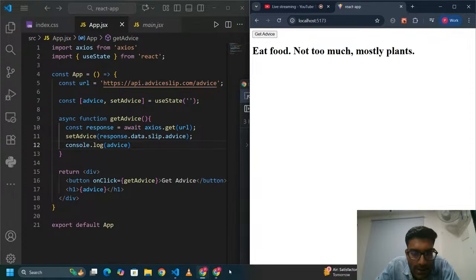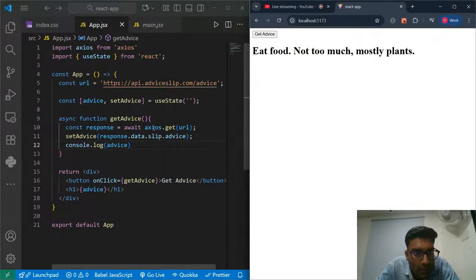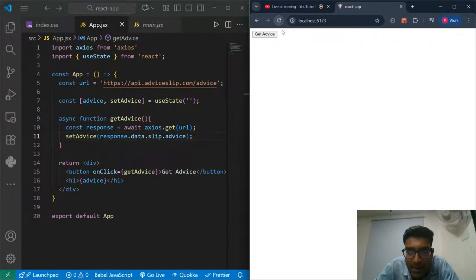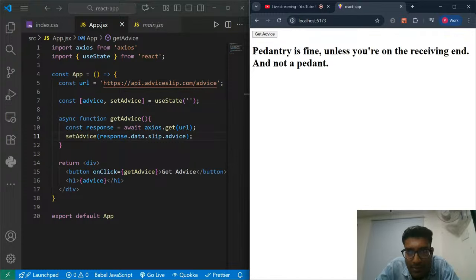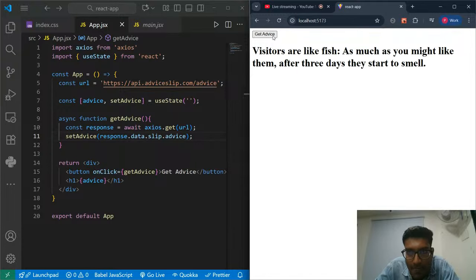Yes, you can see now my advice is coming. So no need for console log. That was just an API delay. It was taking some time to get that data. Once again I'll refresh it, and now once again I'll click on get advice. So you can see now I am getting one advice. Each time you click this get advice button, you will get one random advice.